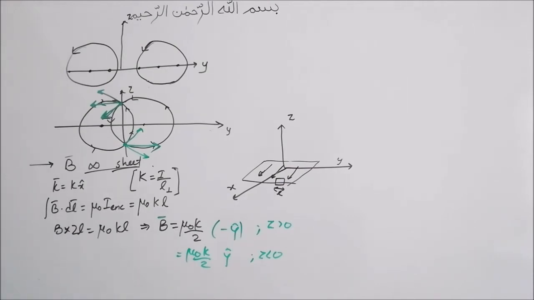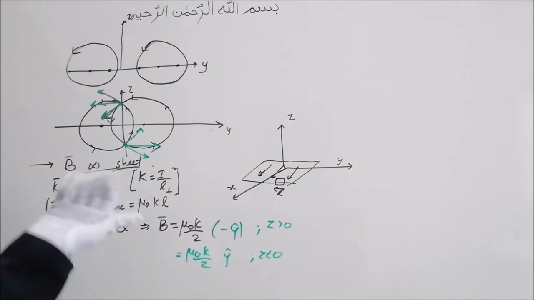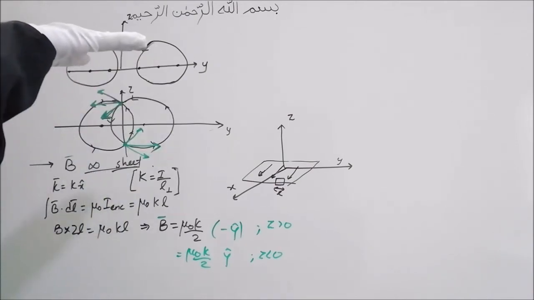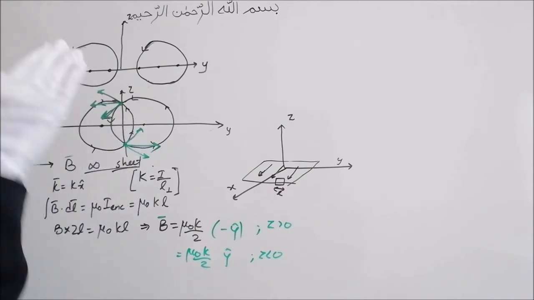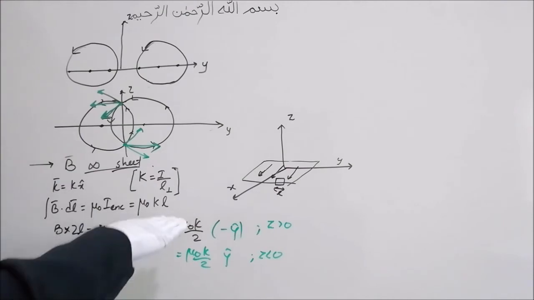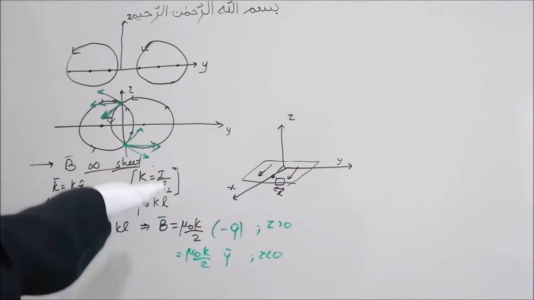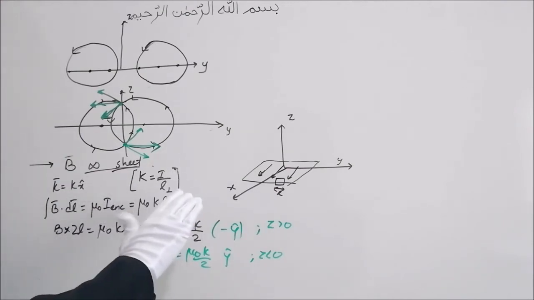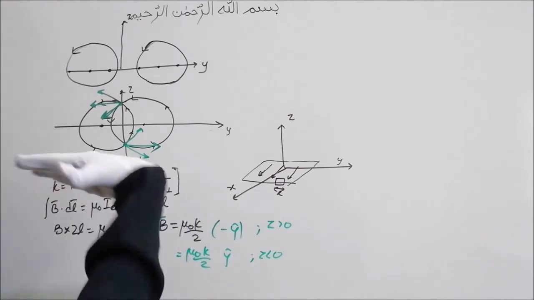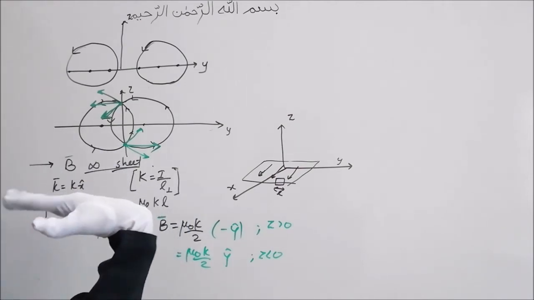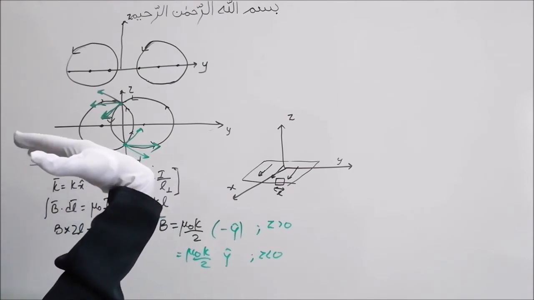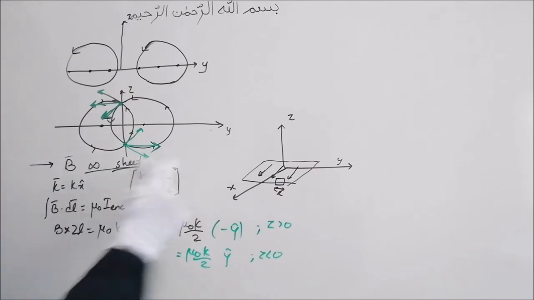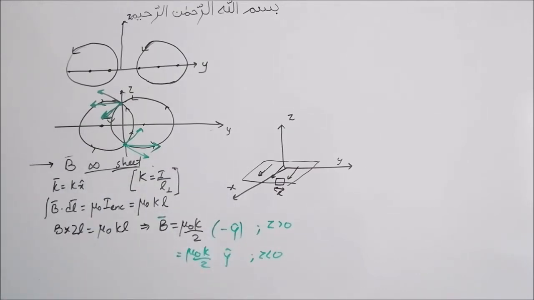For z greater than 0, I'll take my right hand and put the white surface of my hand, because we have a darker surface and the lighter surface, which is this surface. So I'll put my lighter surface on the paper. My thumb will point in the direction of current, outwards, x hat direction. And my fingers will give me the net magnetic field, which is towards the left, that is in the minus y hat direction.